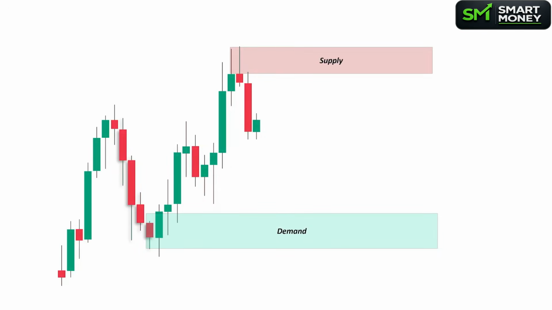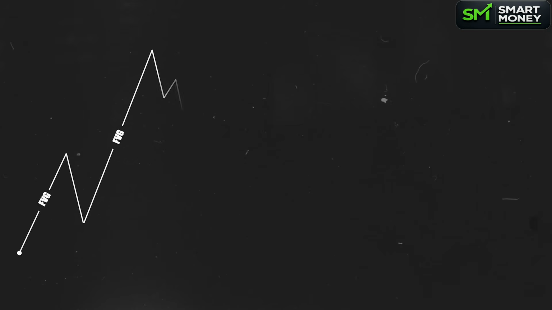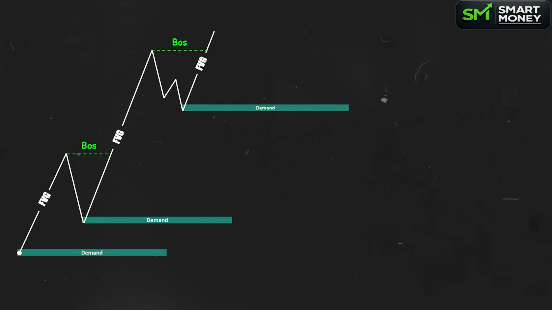The system operates based on mitigations. When price mitigates a demand zone, demand takes control over supply. Conversely, when price mitigates a supply zone, supply takes control over demand. I know this sounds very simple, but it will all make sense in a moment. Imagine the market is in an uptrend, forming a series of higher highs and higher lows. Every time price breaks structure to the upside and creates an inefficiency, a new strong demand zone is formed. These demand zones remain unmitigated until price revisits them, providing ideal opportunities to trade in the direction of the dominant